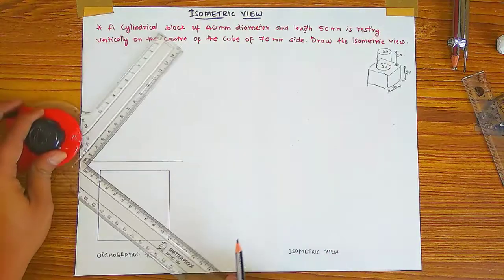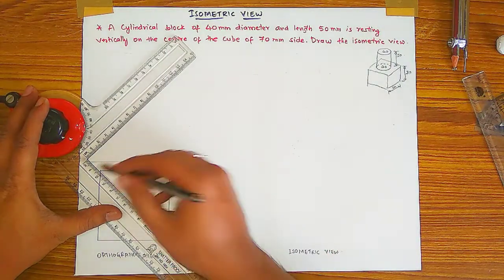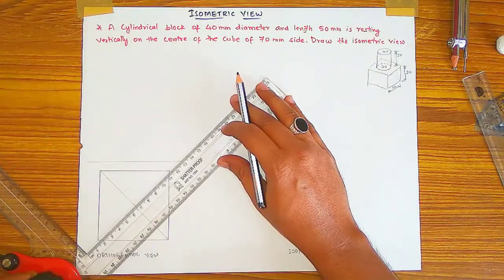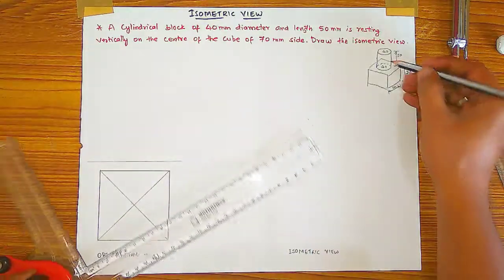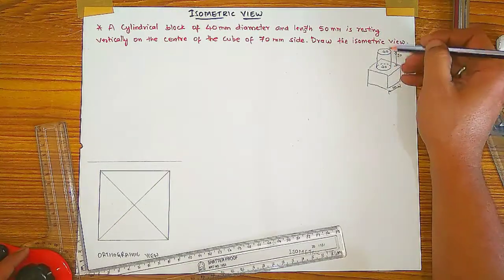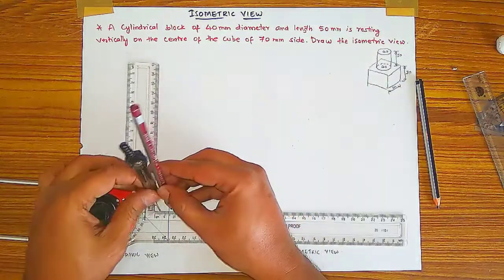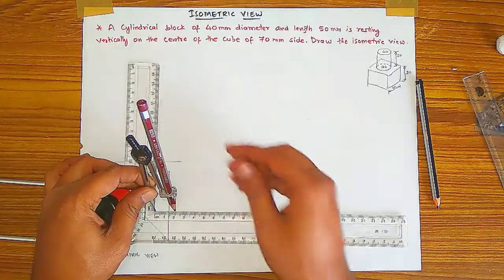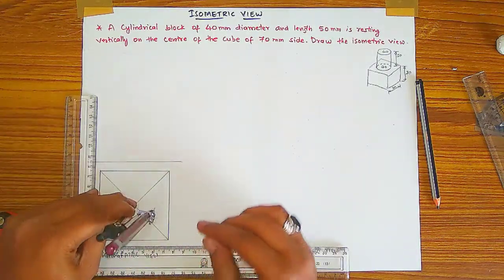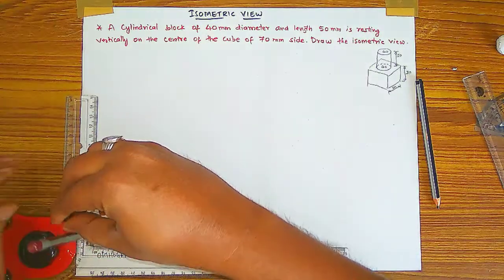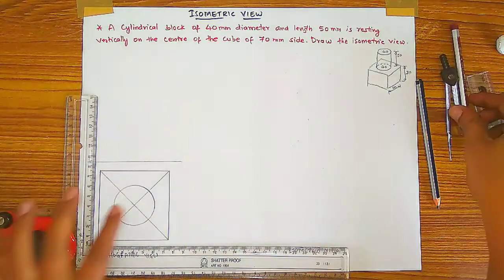resting. So for the cylinder, first mark the center point of this square. On that center you will get your cylinder circle, because if you see this figure from the top, the cylinder is also visible, of 40 mm diameter. To draw the circle of 40 mm, you have to take your divider and adjust 40, half is 20. So a 40 mm circle will be created. Okay, and this will be the top view.